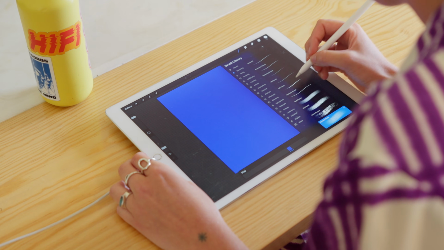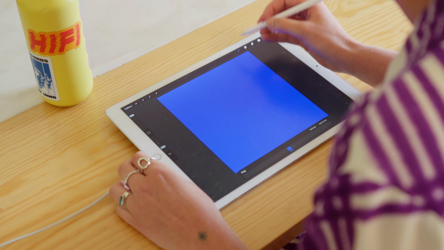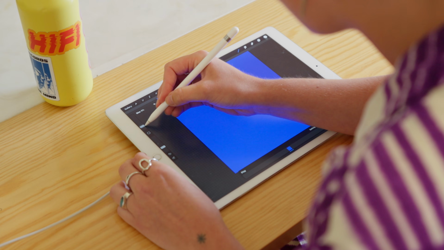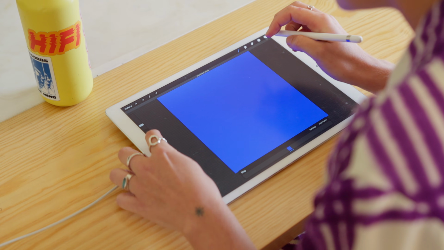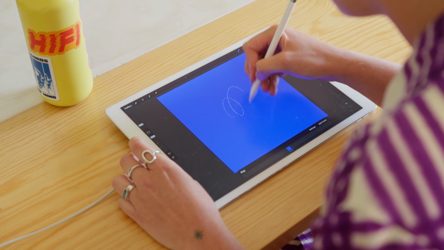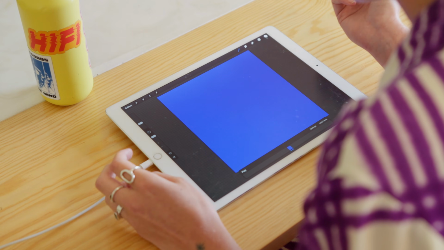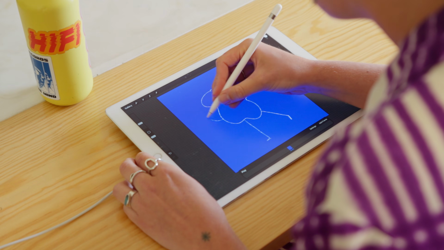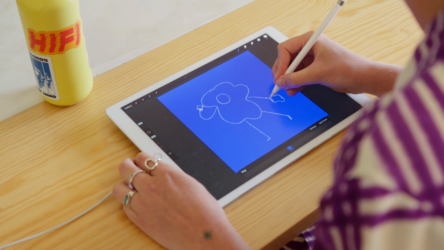Let's choose one of these brushes from up here. 6B pencil is usually a good one for a rough drawing. Let's make this a little bit smaller and bring the flow up a little bit. Cool. So let's start with this first frame, this little eggy character. Start with our little body. This can be a little bit rough because we can go back and fix this later. This first step is just about getting the feeling of the animation, starting to carve out this personality.